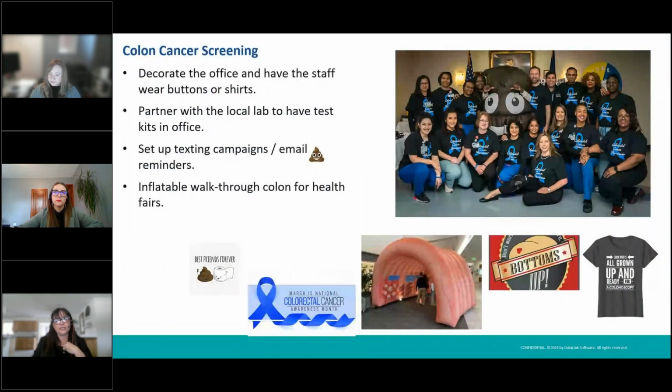This one is very dear to my heart. My brother-in-law actually passed away at the age of 50 from colon cancer. He was diagnosed at the age of 47. NCQA has actually adopted 45 years old. We're hoping that at some point CMS will do so as well, because this can really prevent some patients from having colon